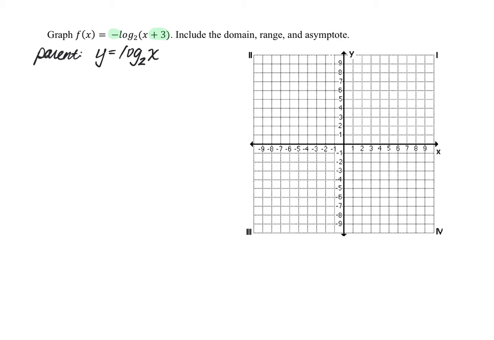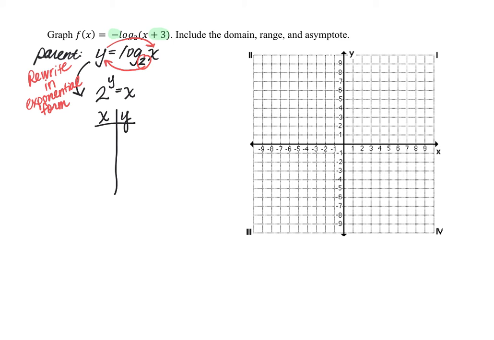We'll focus on graphing this logarithmic function first. When you have a logarithmic function, I find it easiest to rewrite the logarithm in exponential form in order to graph it. So to do that, remember we're starting with the base. So that will be 2 to the y power is equal to x. So the exponential form is 2 to the y power is equal to x. And these equations are equivalent. It's just that the exponential form looks a little friendlier and will probably be easier for us to generate a